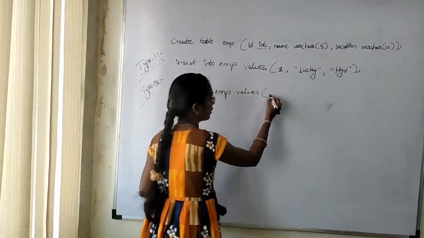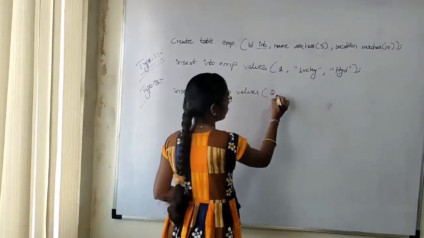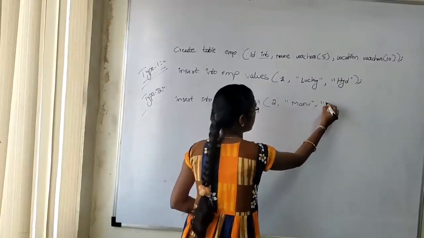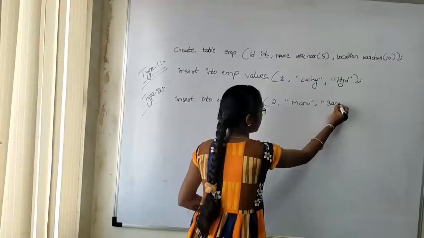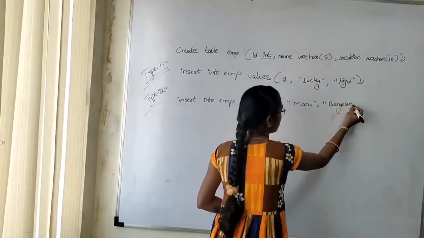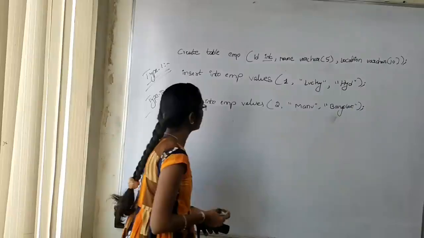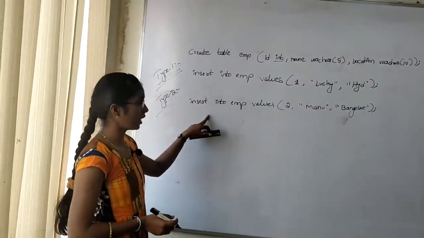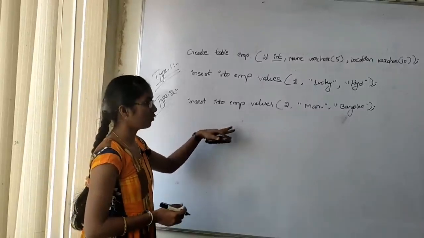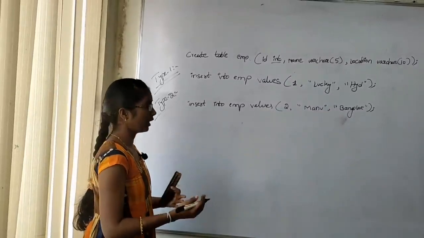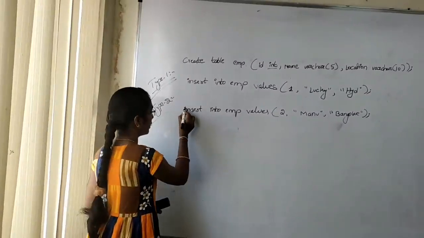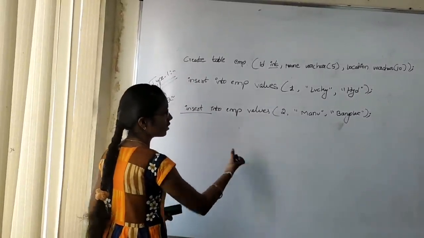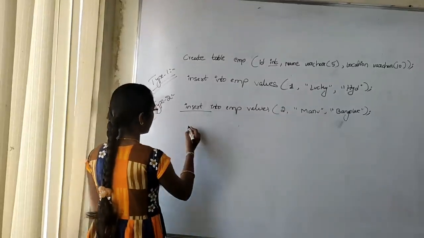So now I'm taking another row, so 2 and the name. So I'm creating another row. We need to insert values. Like this, however many rows we want to create, that's why we use insert into employee values. So we can insert the values into a table. And another type is